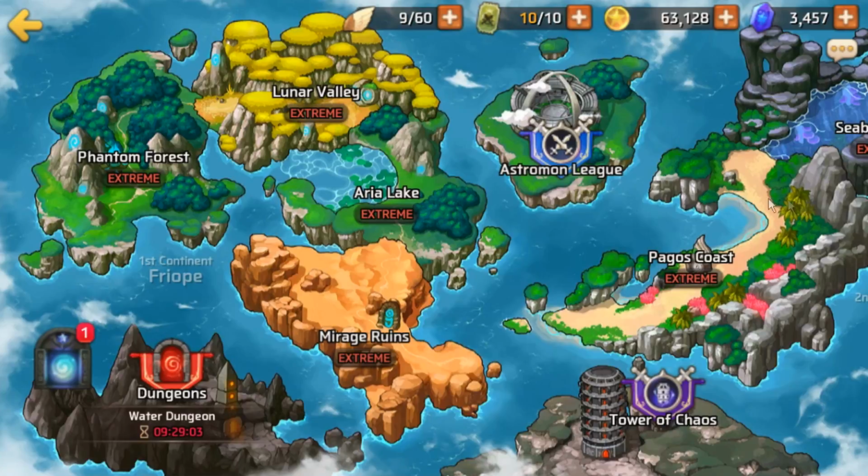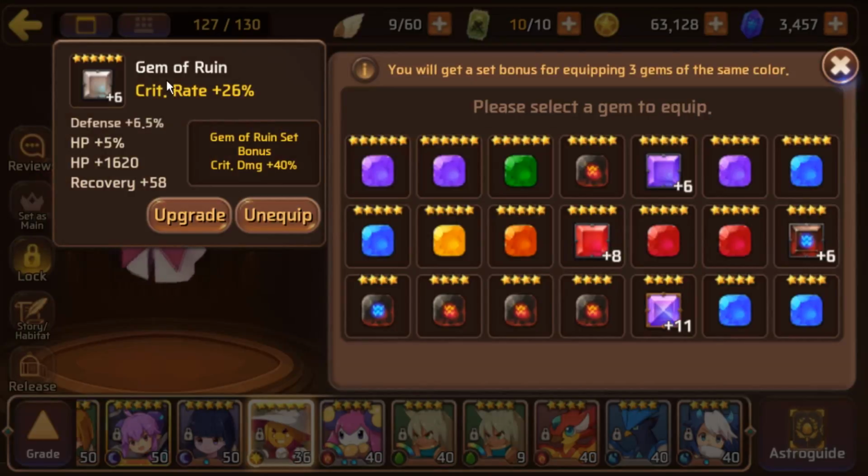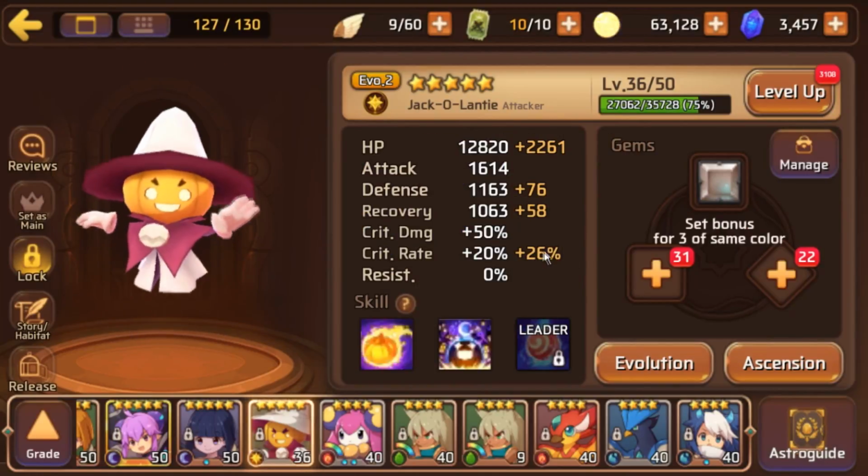Since this is, I think, the last day for Jack, I'm trying to get a couple more. I threw away like 6 light Jacks, or I released them, because I thought I'm not going to go for him. And then I pulled this 6-star crit rate gym on the Ruin set and I was like, I want to go for him now because